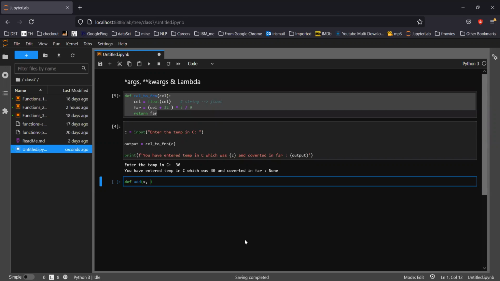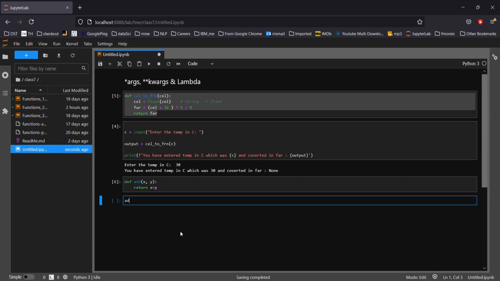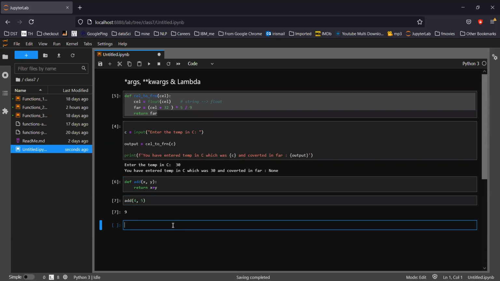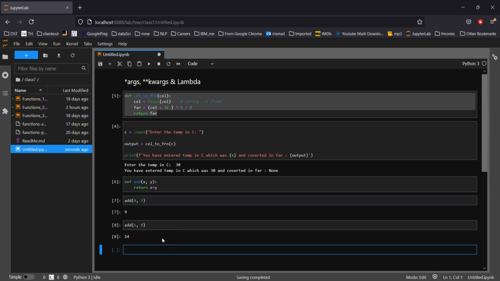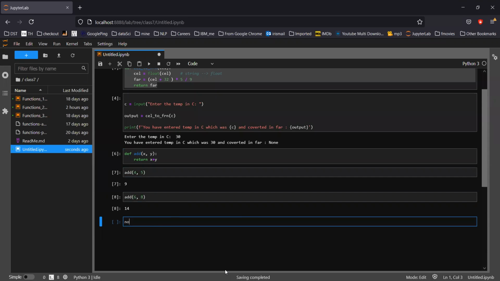So this is the add function. Okay, and I'll simply write, suppose number one equal to input a number.